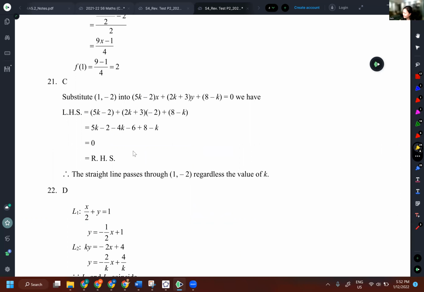sometimes math can be very, I don't know, mysterious. If you put all the choices inside the equation, you will find out one of the 4 choices is very special. Now I put C inside. This is the choice C. When I put choice C inside the equation, I found out that no matter what k is, it cancels itself out. In my calculation, when I put 1, -2 inside,